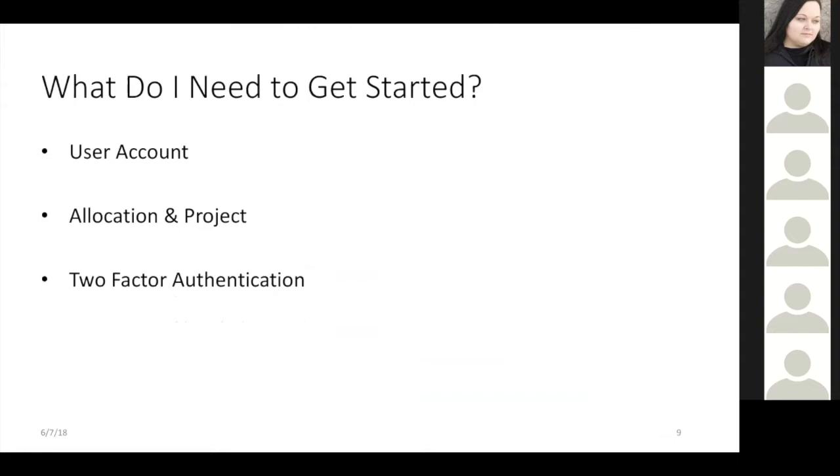So after you decide that the work you're needing requires more computing power, then what do you need in order to get on those machines? Most of you already have XSEDE allocations, so that gives you a user account. And then you need an allocation and a project on the specific machine, and the two-factor authentication, which is required by all XSEDE systems now. And once you have those logins set up, then you're ready to access a machine.